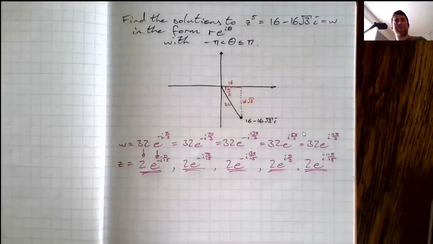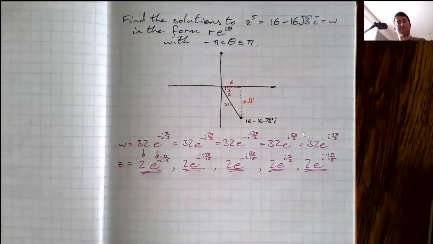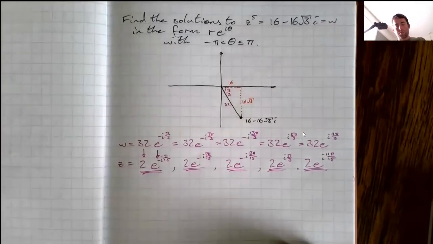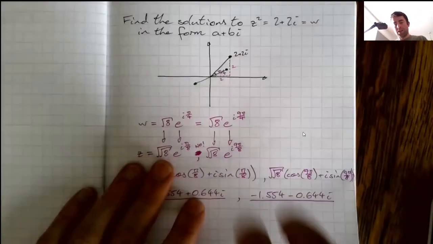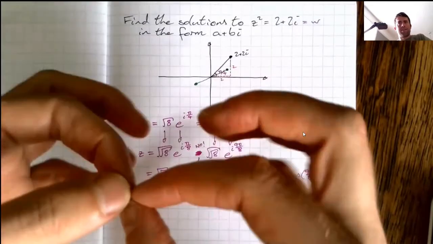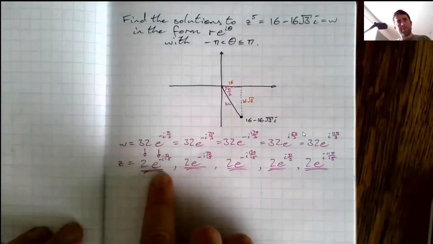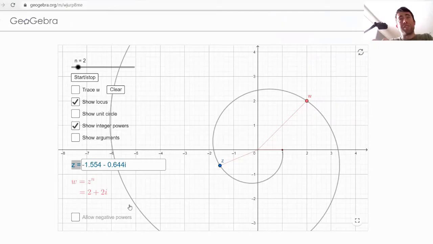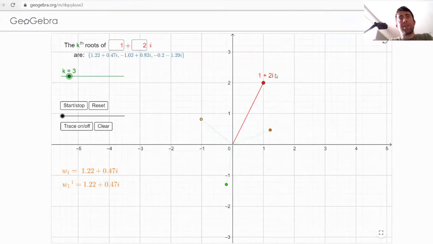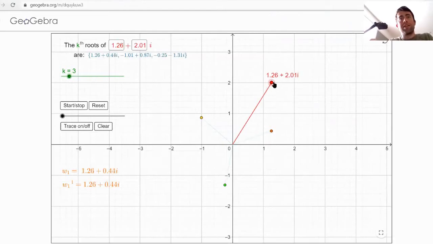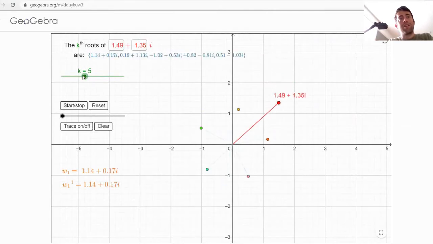A last thing, where are those 5 solutions? We saw in the last one that these 2 were like reflected from each other. One was the negative version of the other. But where do all these 5 come out to be? I have a tool for that on Geogebra as well. This tool lets me put in a complex number and see where the roots are. So what we have is